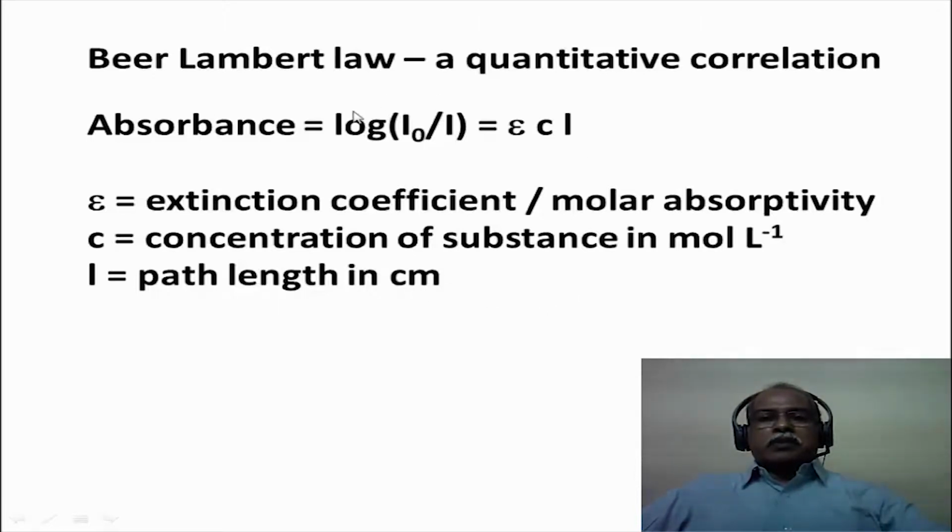So this is the expression that is used for quantification purposes because absorbance is a measurable quantity from the spectroscopy. Concentration can be either known or unknown. Path length is known. For a pure sample, it is fairly easy to determine the epsilon values. So when you have the epsilon value, absorbance and the path length, concentration can be determined quite quantitatively using ultraviolet visible spectroscopy. In fact, ultraviolet visible spectroscopy is highly sensitive enough to afford detection down to the parts per billion kind of concentration levels. So one can see the application of this kind of spectroscopic method in quantification of organic substances.